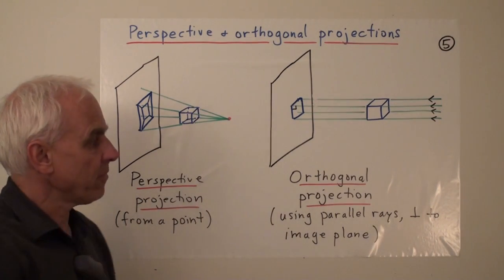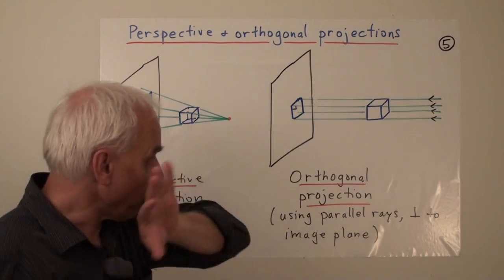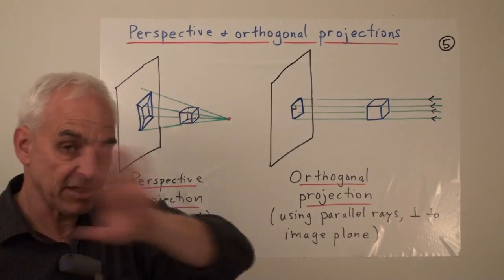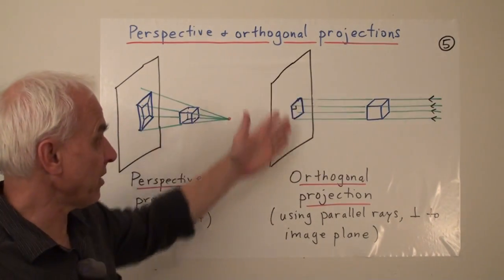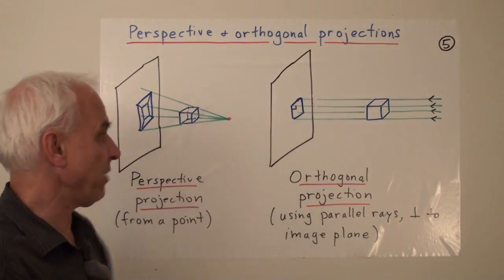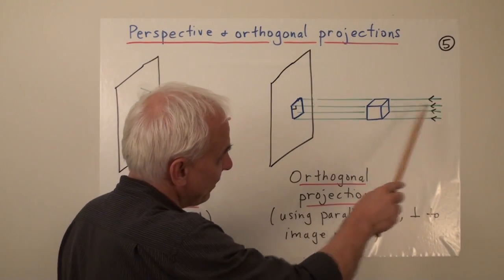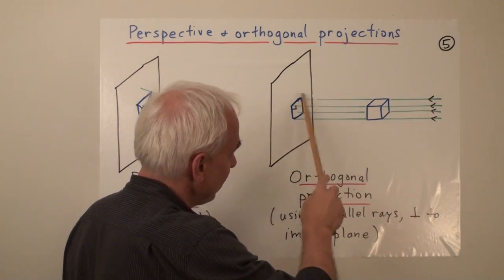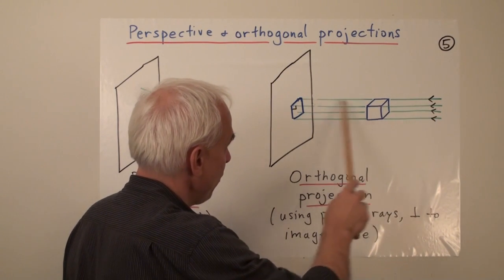The other kind of projection is an orthogonal projection, where you're thinking about rays of light coming from some distant source, so they're basically all parallel, and they're moving all perpendicularly to the image plane. So if we had a square here that we were looking at this way and just drawing the lines to see where the corresponding points are, so here's a line,